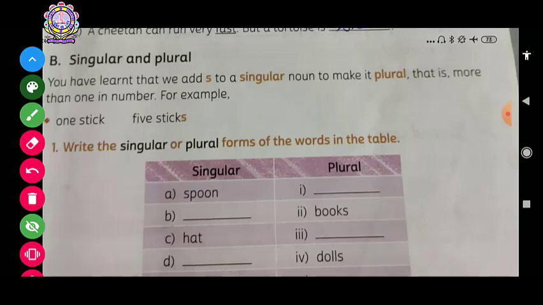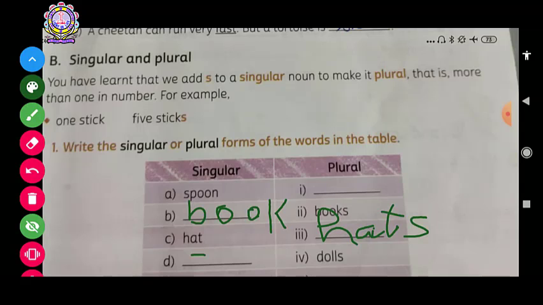Books, then it would be book. B-O-O-K. Book. Alright. Hat, then hats. H-A-T-S. Hats. Doll, dolls, then it would be doll.